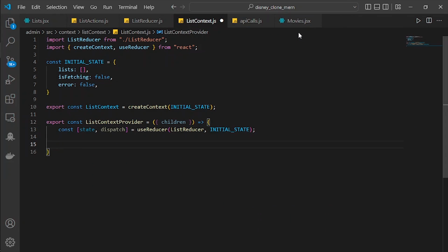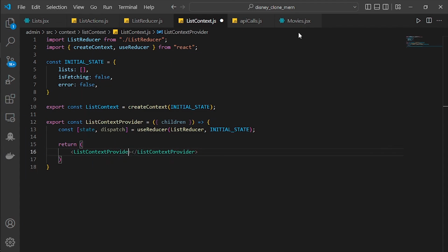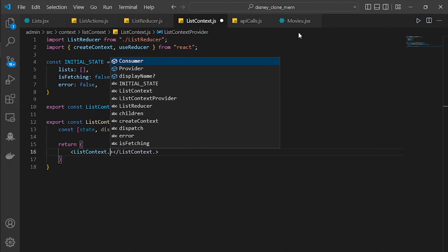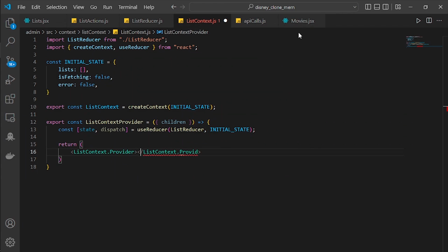Let's save it. And then for the return, we are going to return the list context provider here. It's supposed to be list context dot provider, not list context provider. List context dot provider. Instead of this, we'll have the children. We are going to put the children in here. And for the attribute, it's going to be